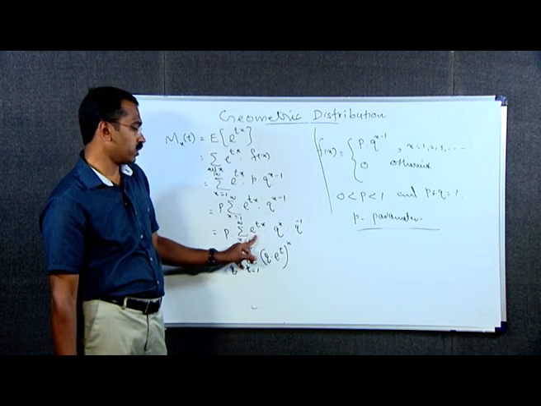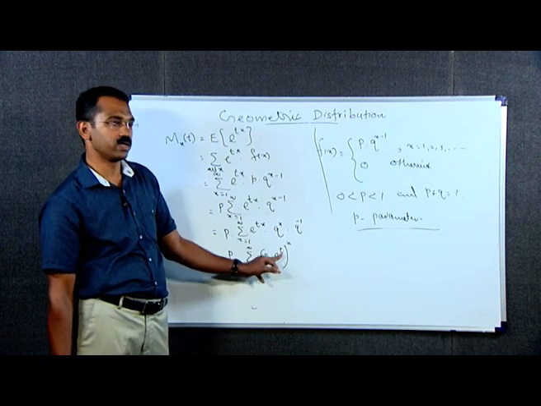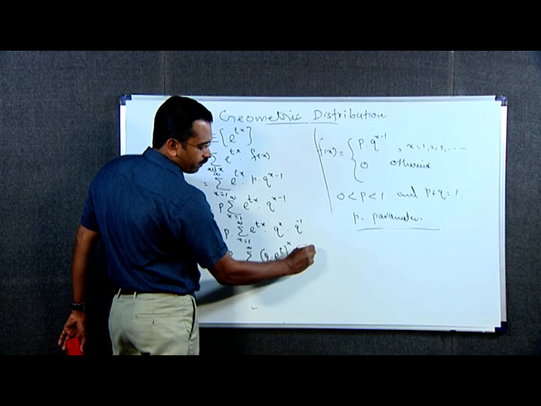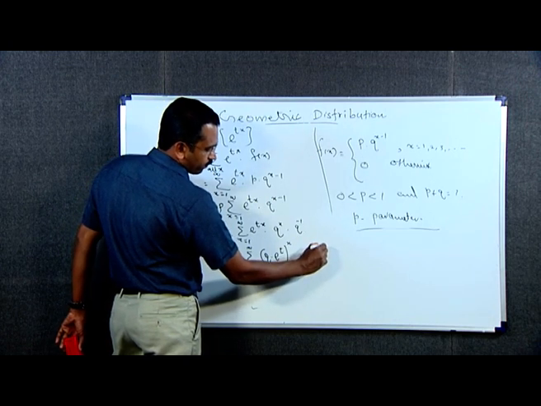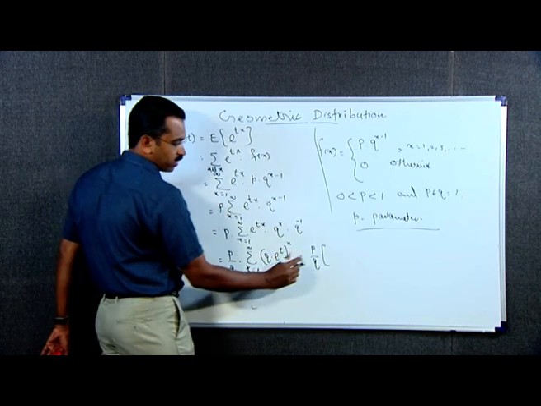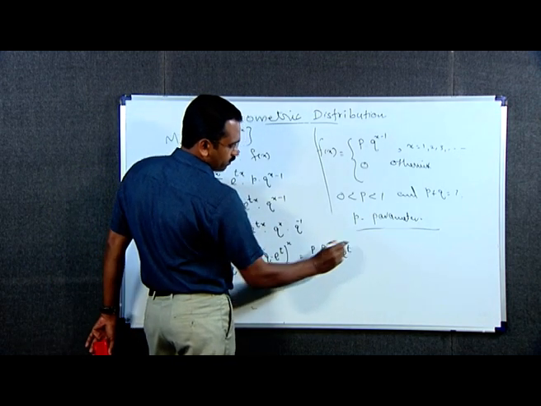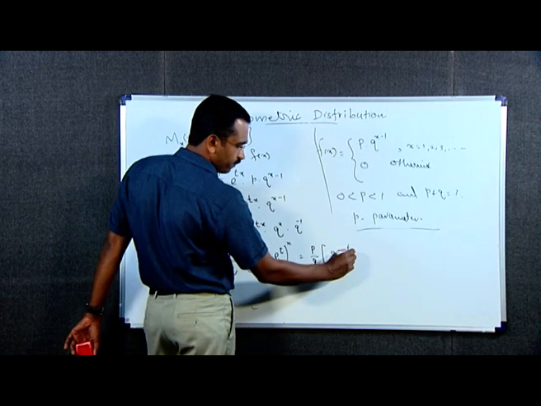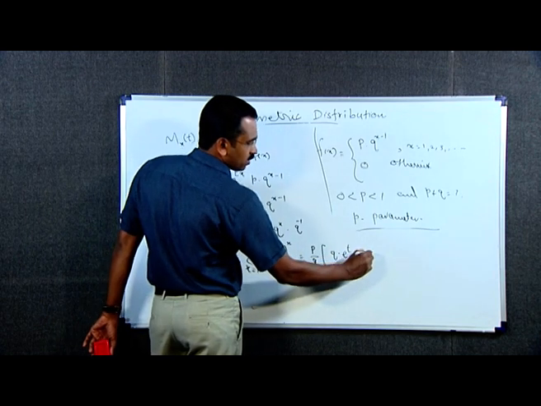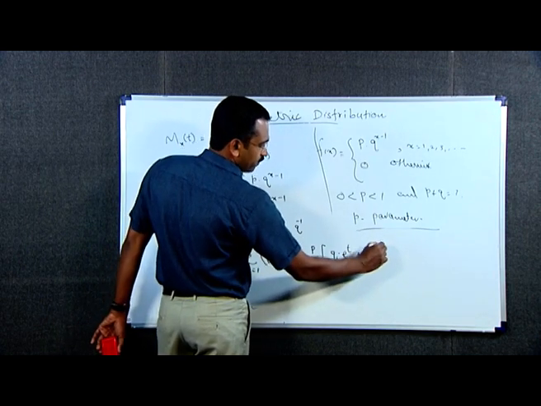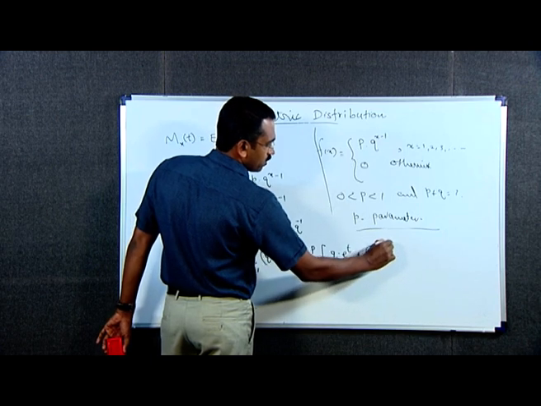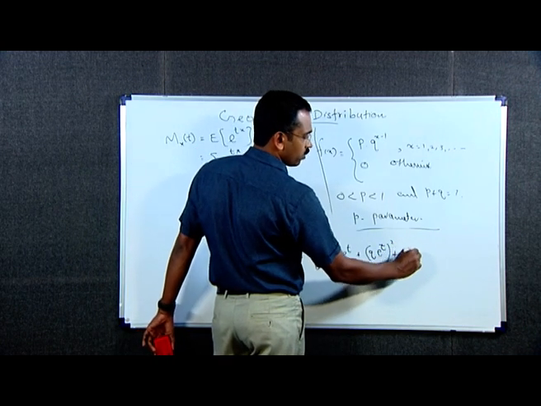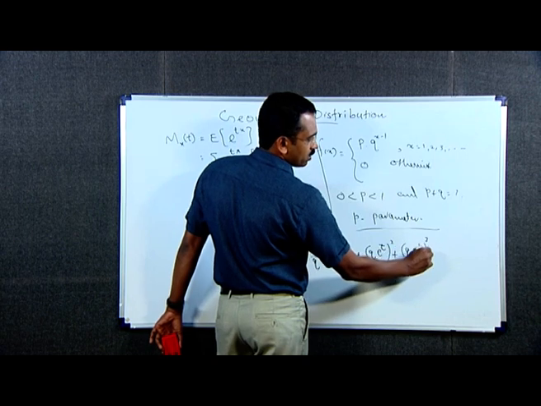Q raised to x into e raised to tx means q into e raised to t the whole power x, which is equal to p by q into, on expansion we get, for x equal to 1, the first term is q into e raised to t, plus next term is q into e raised to t the whole square, plus for x equal to 3 the term is q into e raised to t the whole raised to 3, plus etc.,